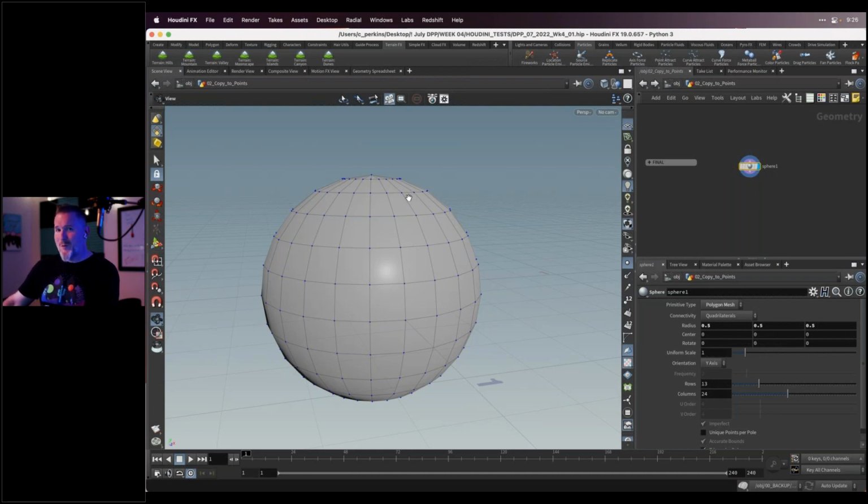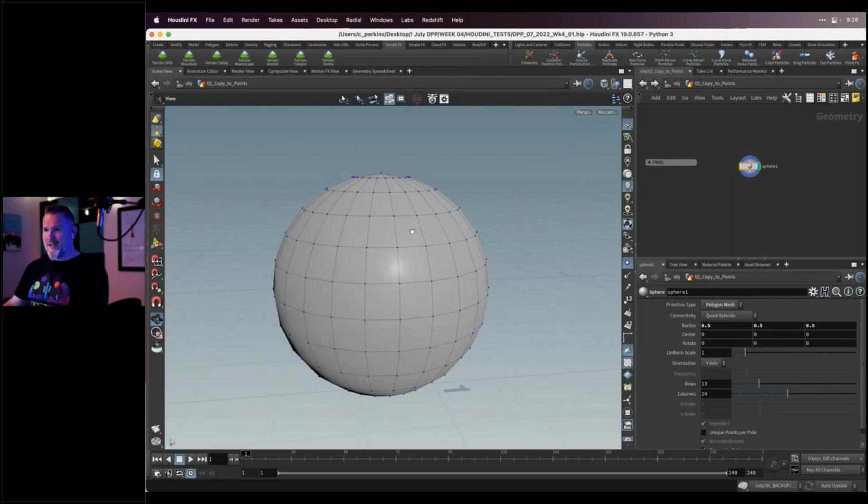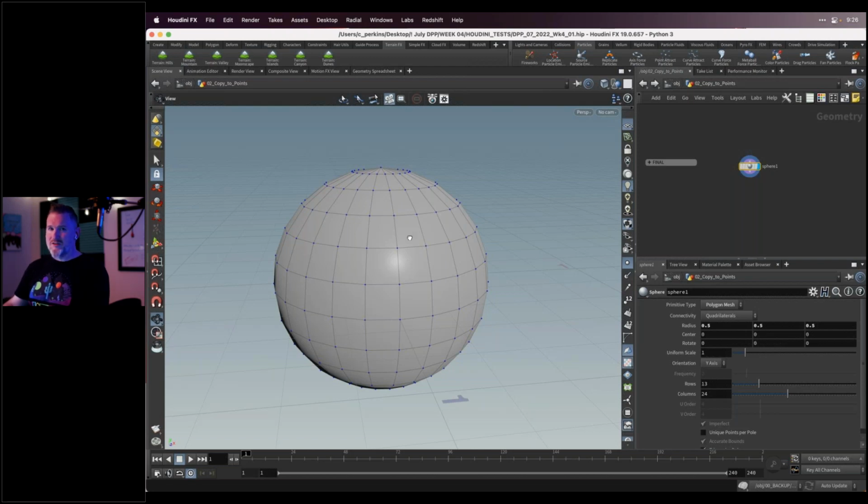And the powerful thing about these points is that we can infuse them with all kinds of data, all kinds of attributes. And that's, I think, where Houdini is much more confusing than the average DCC that's out there. And another thing that's very powerful and kind of complicated about this is that these are particles. So in Houdini, points are particles, particles are just points. So we just created a particle system. By creating the sphere, we have these points, these are particles. And then it's up to us, as we'll see momentarily, to infuse this with data that makes them move or behave in a certain way.